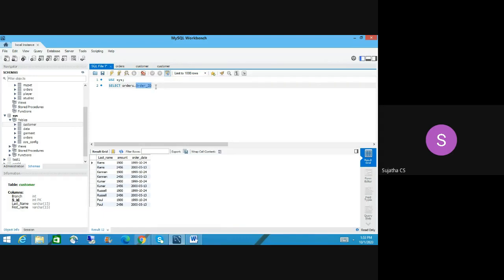But if you use 3 tables or 4 tables, how are you going to write all the columns? So you have to use this way. Table name dot column name, then comma. I'm going to use customer dot first underscore name, comma. Whichever columns I select here, that is what it will return.